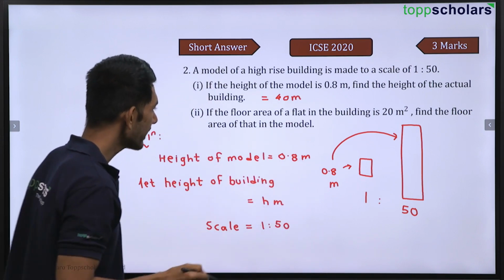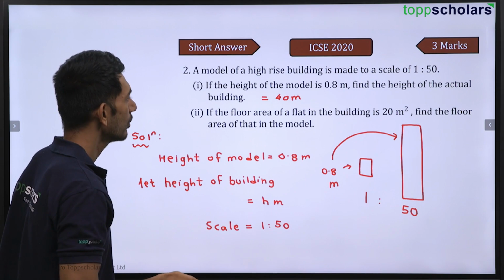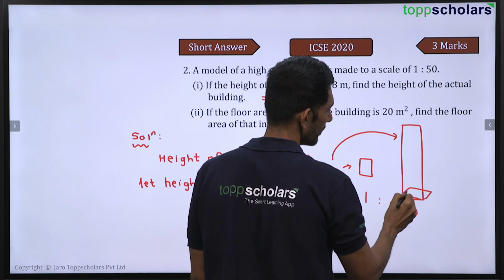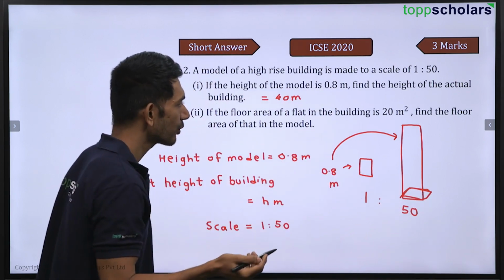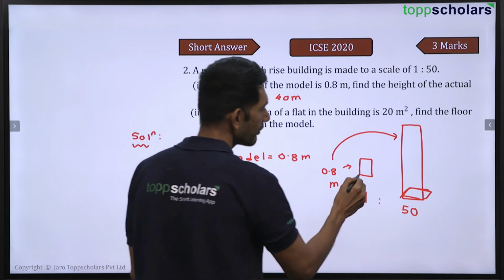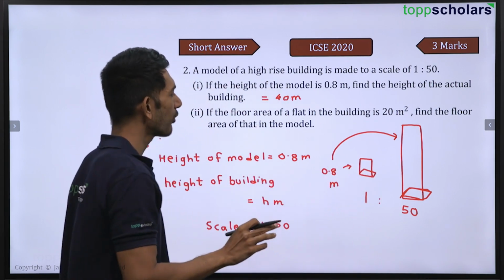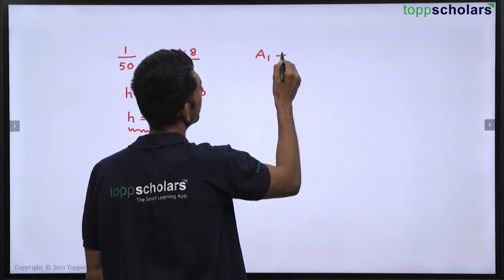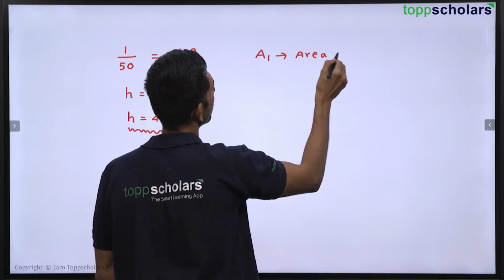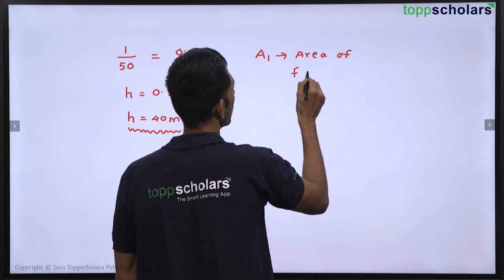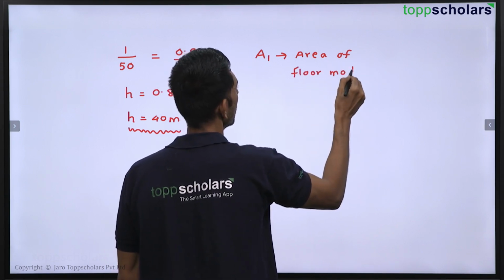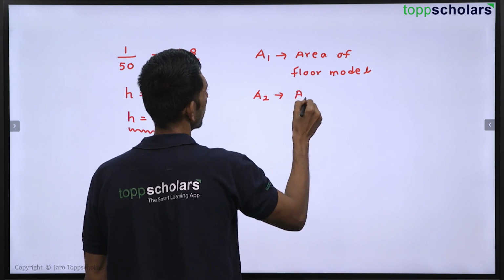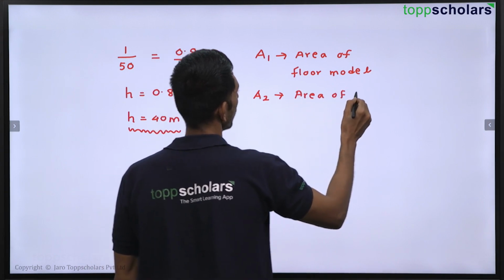Now what they're saying? They're saying if the floor area of the flat building, okay, the floor area of the actual building, this area of the building is given, is 20 meters square, then find that of the model, then find the area of the floor model. So again the ratios, see, if I take A1 as the area of model, and A2 as the area of floor building,